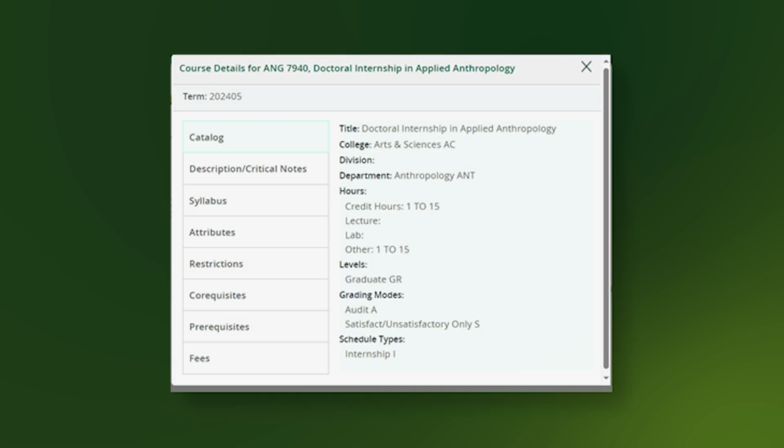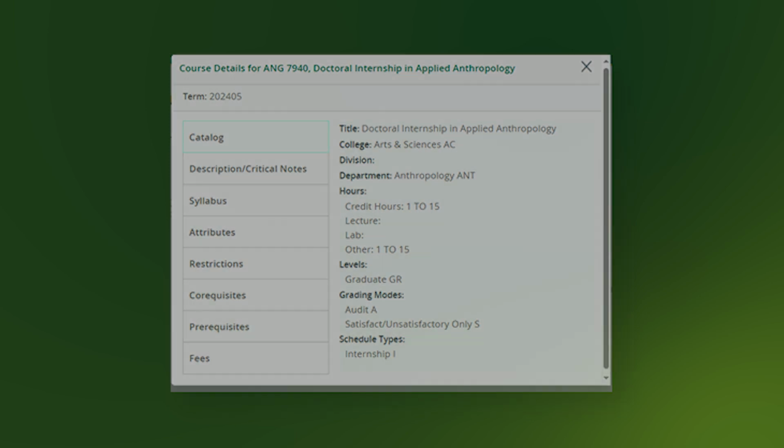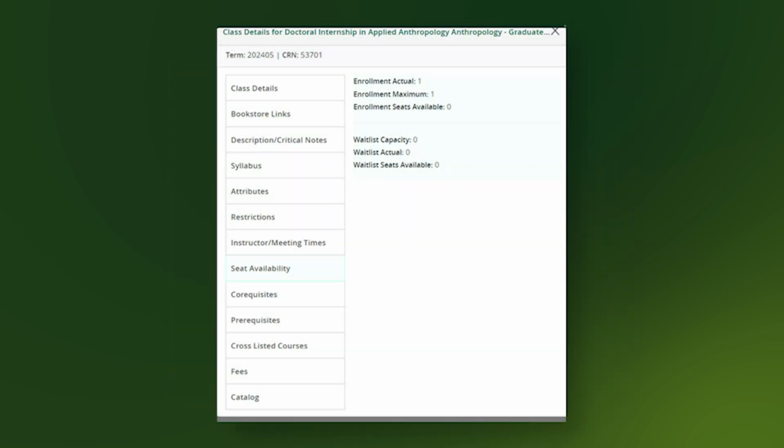If I click on course title, I will see much of the same information about the course that I reviewed when I registered, including the catalog information, course description, and section notes, attributes, restrictions, and any course requisites and fees. If I click on the CRN, even more information displays, including links to the bookstore, my instructor's email, and the